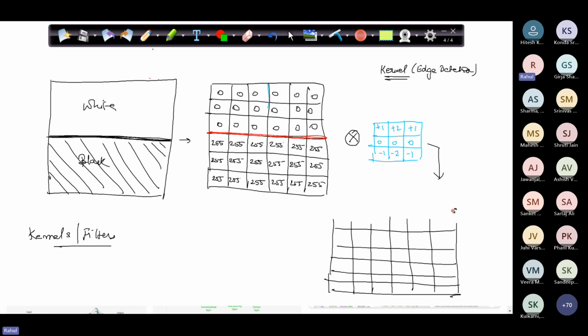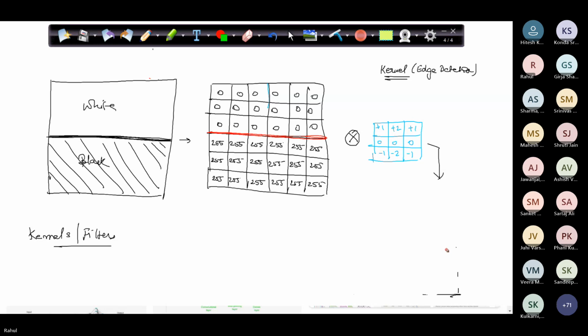I'll remove this picture for now so that we'll have a better understanding. So I will put this blue kernel on this part of the image, right? 1 into 0 is 0, 2 into 0 is 0, 1 into 0 is 0, everything is 0, right? So my outcome will be